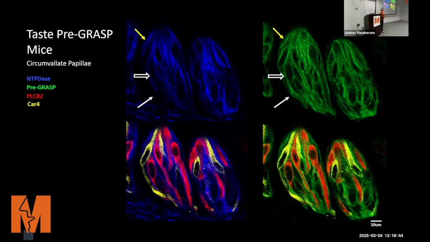Is neuroligin normally expressed in all the cells? When I did RNA sequencing profiling of taste buds, neuroligin is quite well expressed in bitter cells. It's not as highly expressed in the other cell types, but it seems to be working well enough